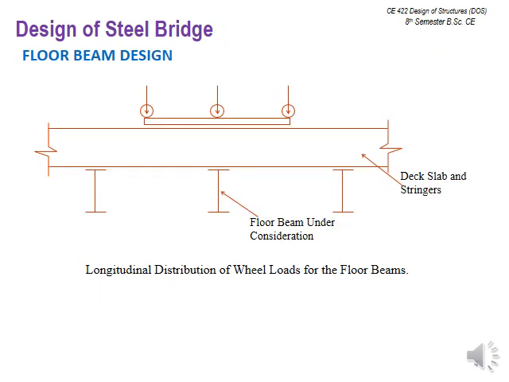So here you can see the same thing. If it is the stringer, you can see it including the deck slab. Below that you can see the floor beams. This is the longitudinal section where you can cut a floor beam and see it. In this particular cross section, it continues from both sides, so you can see three floor beams over here. These floor beams are going to be considered for the wheel load by placing your vehicle in the longitudinal direction. Below that, the axle will be in the lateral direction, meaning two wheels; this will be the axle. So one wheel is going to be placed on the stringer in the longitudinal direction.